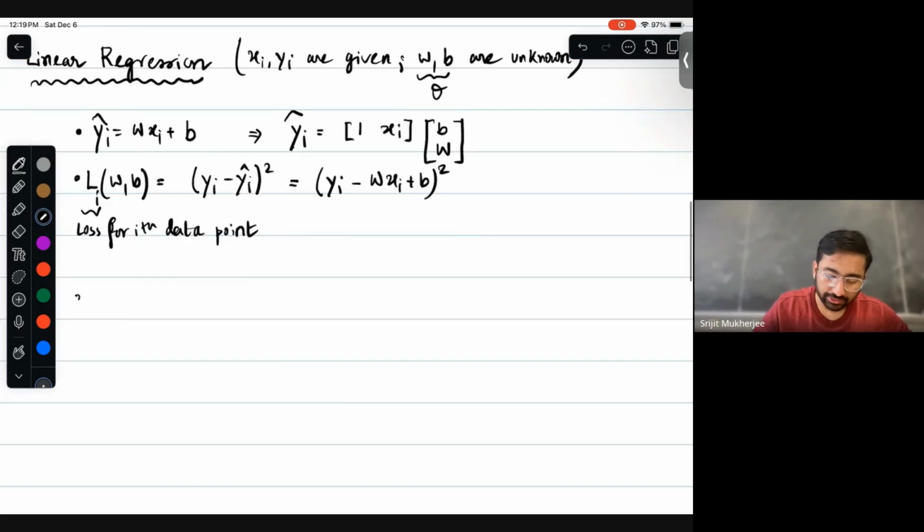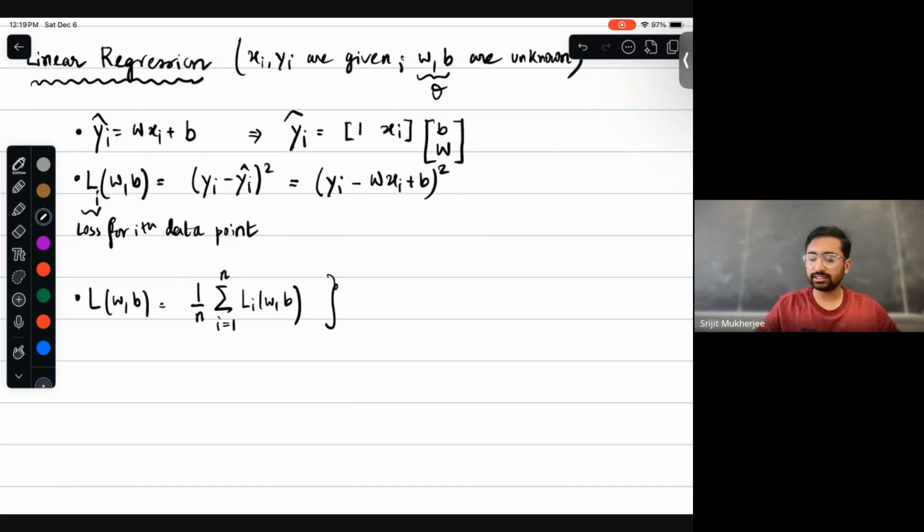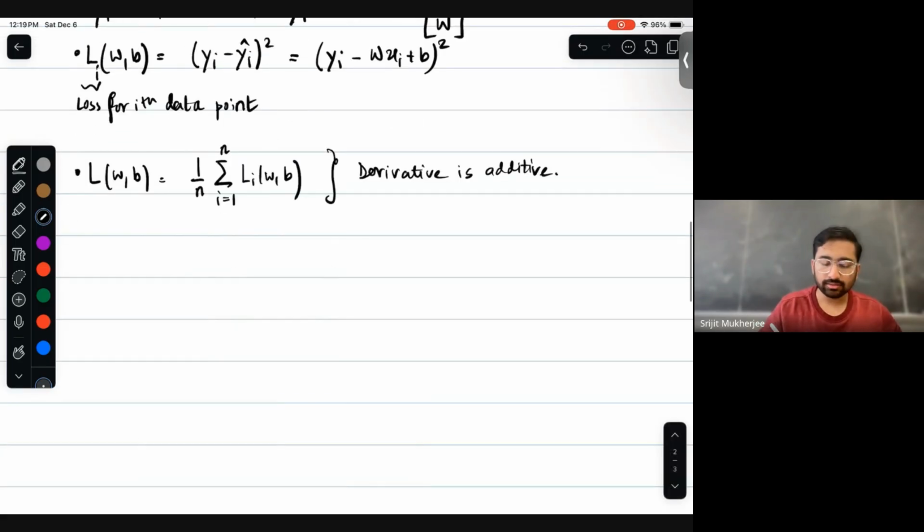So how is the final loss defined? If you remember, it's nothing but the average of the individual losses over n data points. You may ask why we are not doing the whole loss directly. The reason is that the derivative is linear, that is, additive. What do I mean by that? I mean that